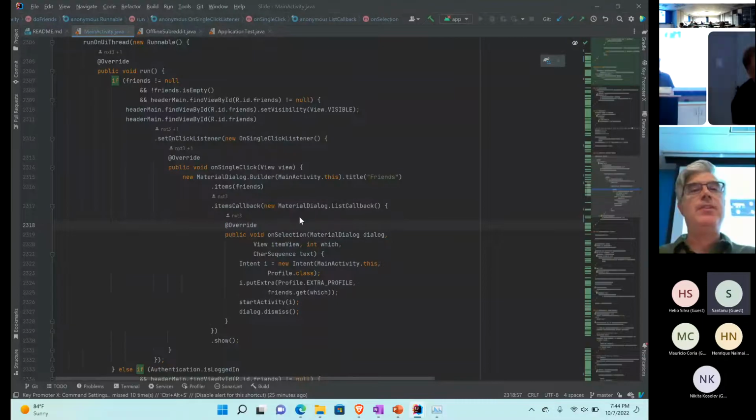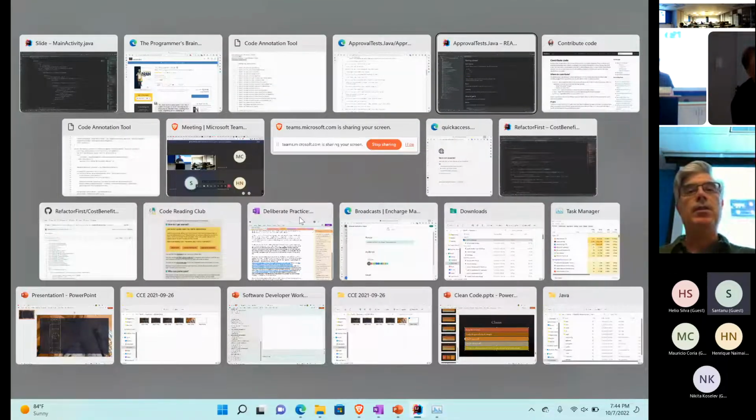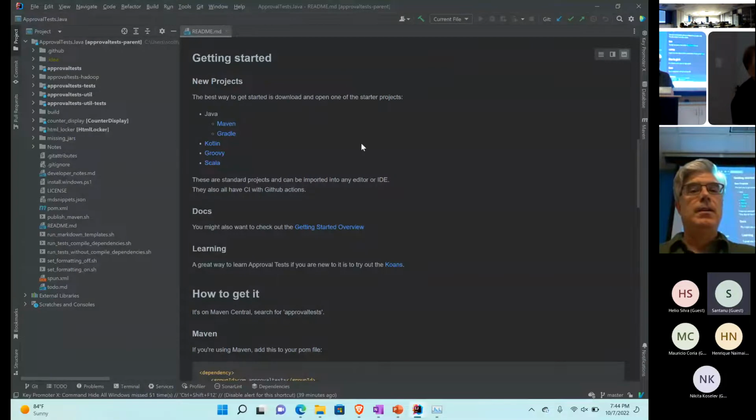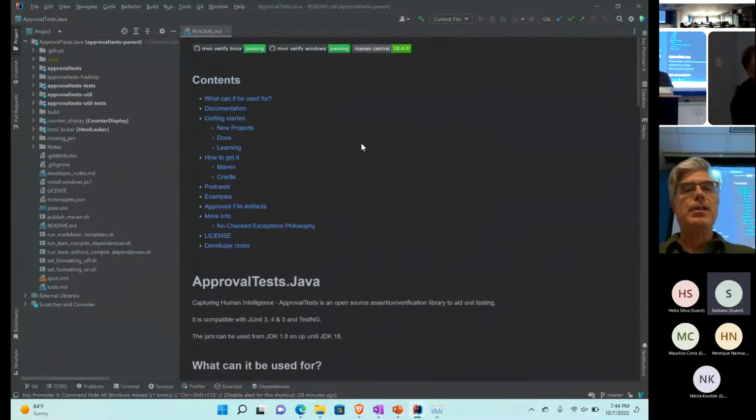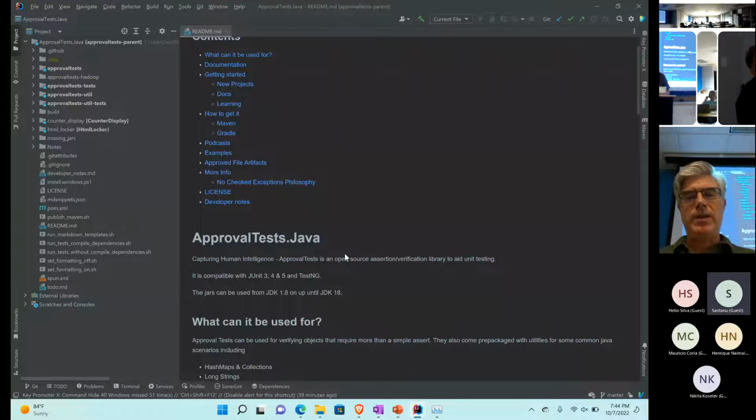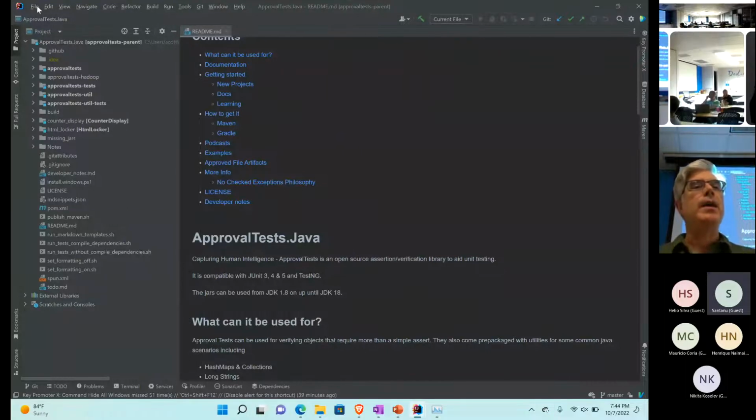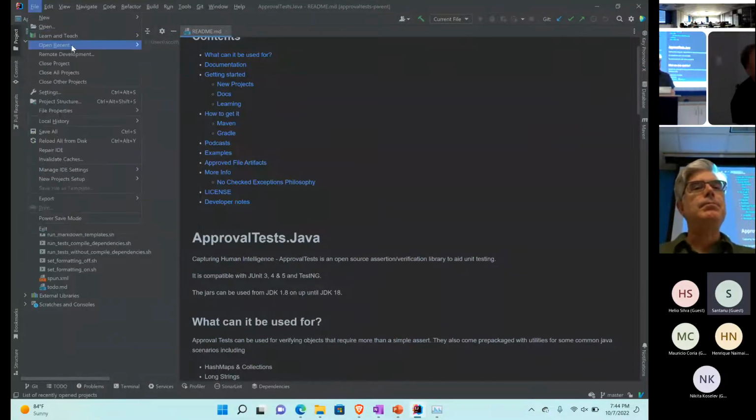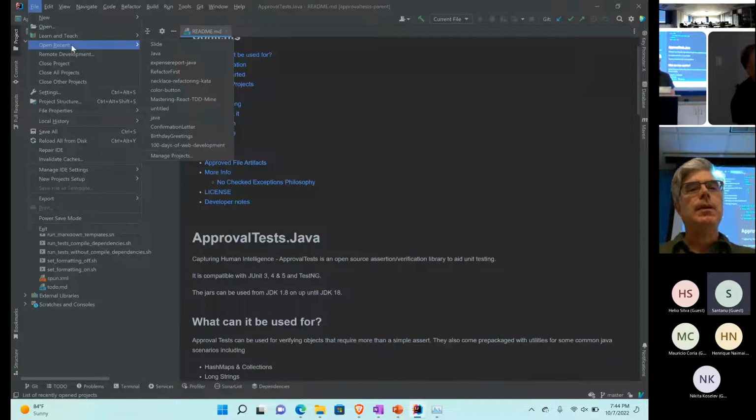And frankly, the tool that I find most helpful for adding tests to legacy code is this approval tests tool, because the way it works, I didn't come ready to demonstrate it, but I can do that. Yeah, it's not here, but oh yeah, I can go to